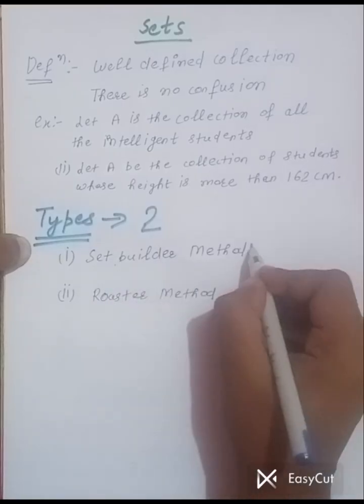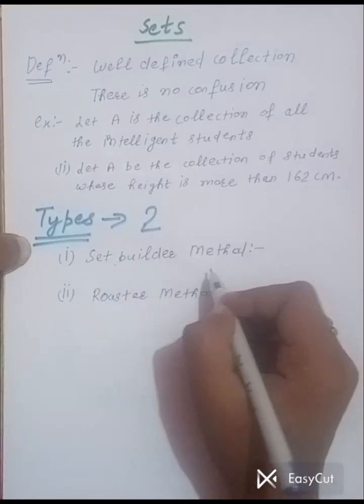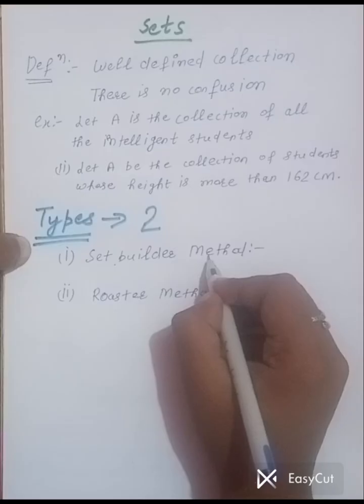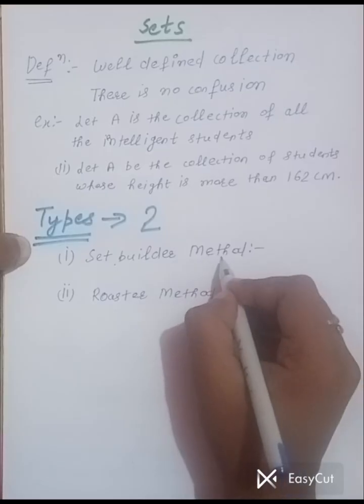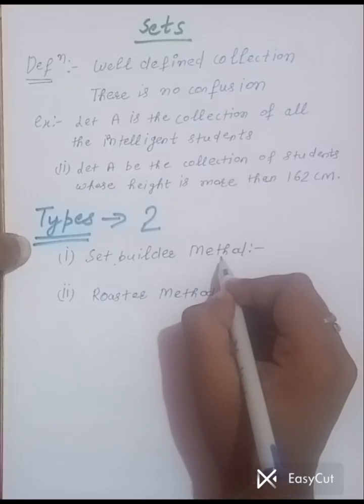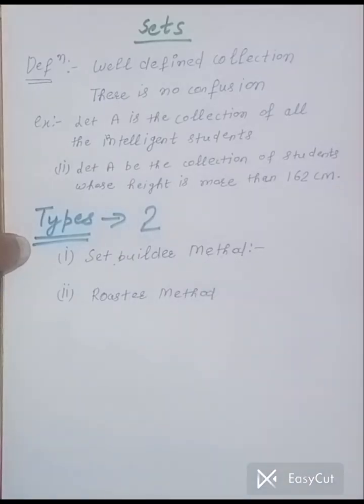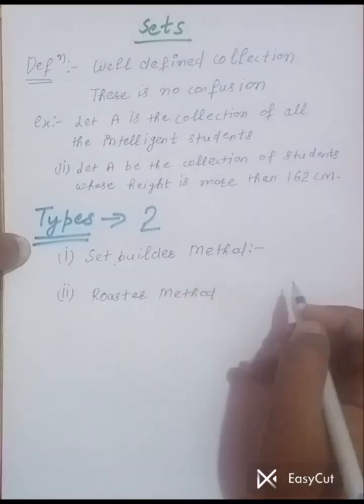So in the set builder method, what is the difference? In this method, we define a definition for an element to be the member of the set. Like